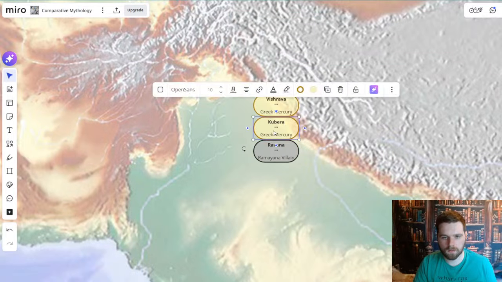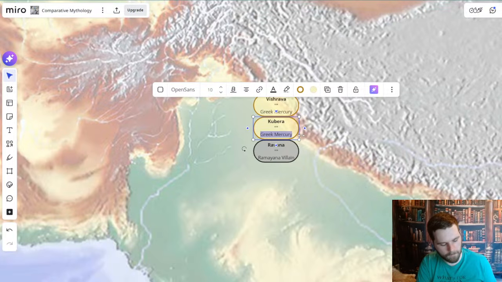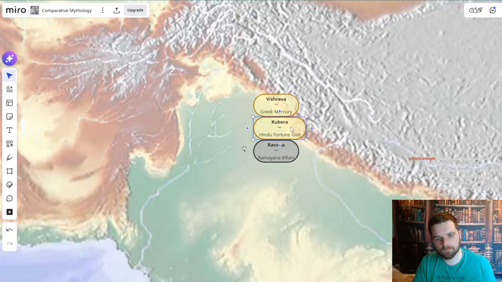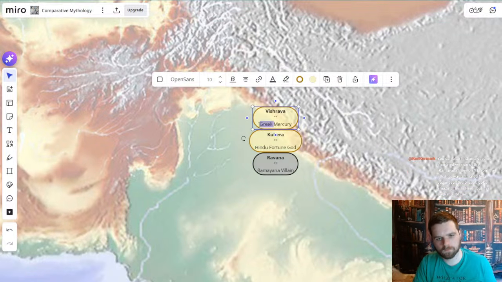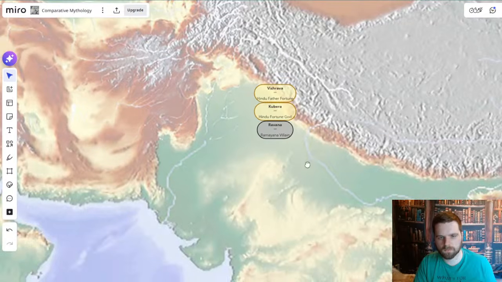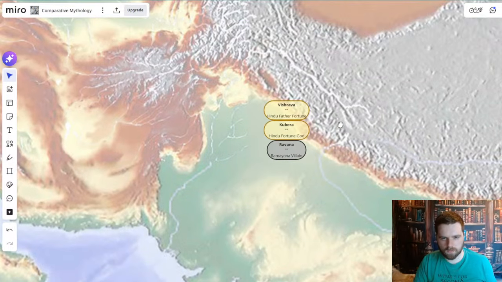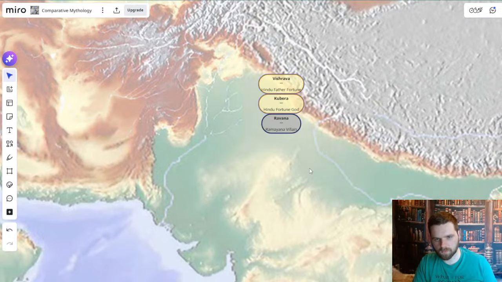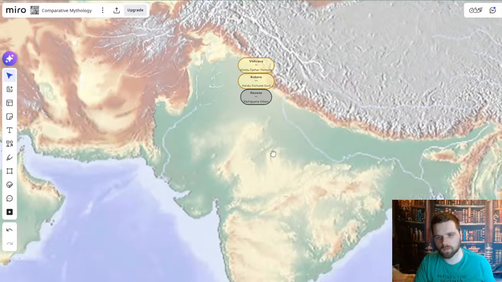Just say villain. And this is also mentioned in the Ramayana, but is generally, let's just say Hindu in general. Is effectively a fortune deity. And let's just call him Father Fortune. I'm just coming up with names here for the sake of memory. All right. So those three are associated with the north, and so you can probably kind of guess why in India the north would be associated with wealth,